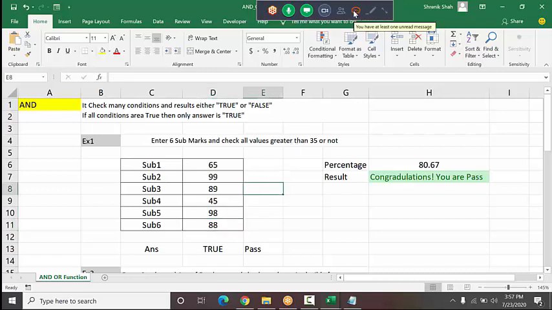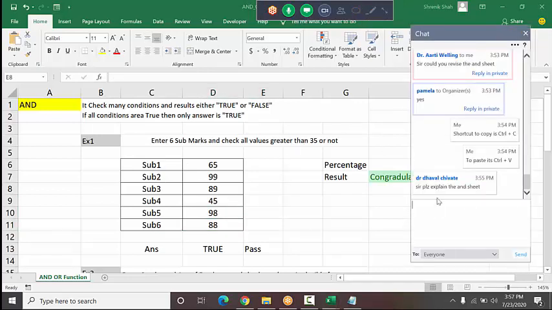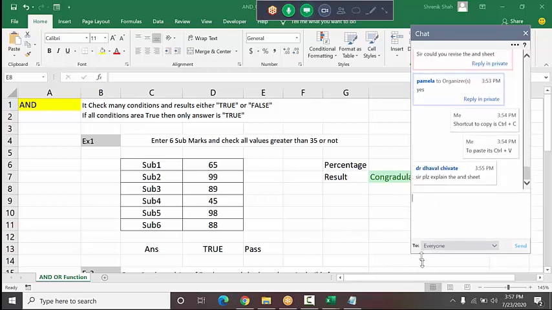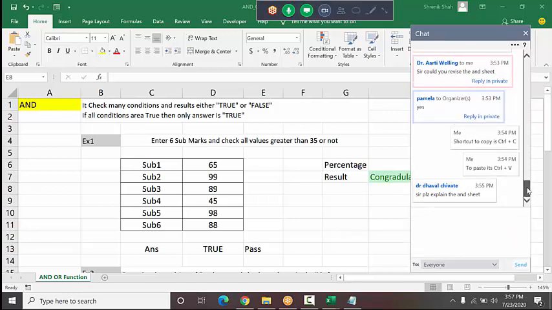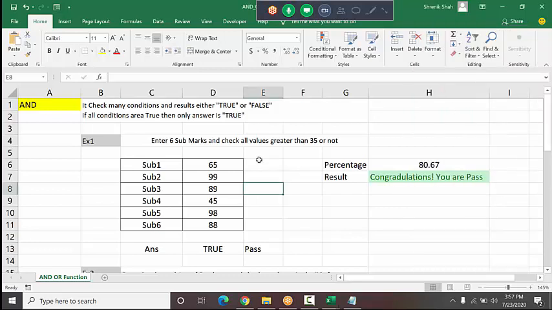Okay, if some of you did not understand, you can type repeat, or otherwise you can type understood. I can explain some more examples of the AND function. Here is the first example, and the second example is for the assignment. Later, in your free time, you can also check example number 2 to work with the AND function.